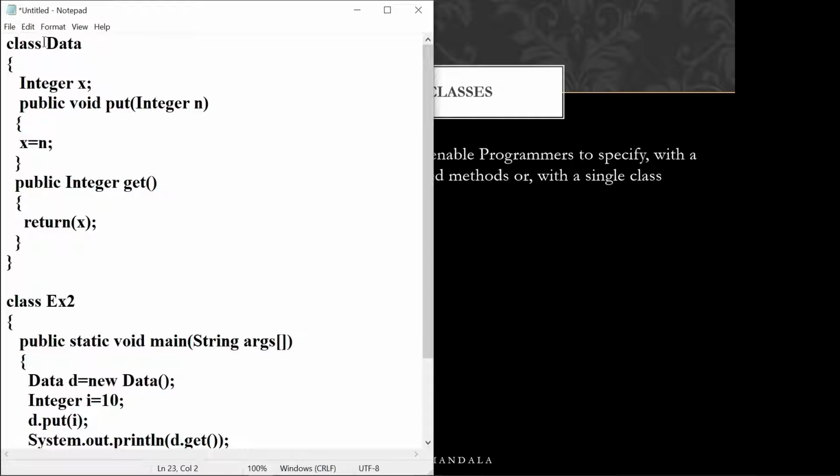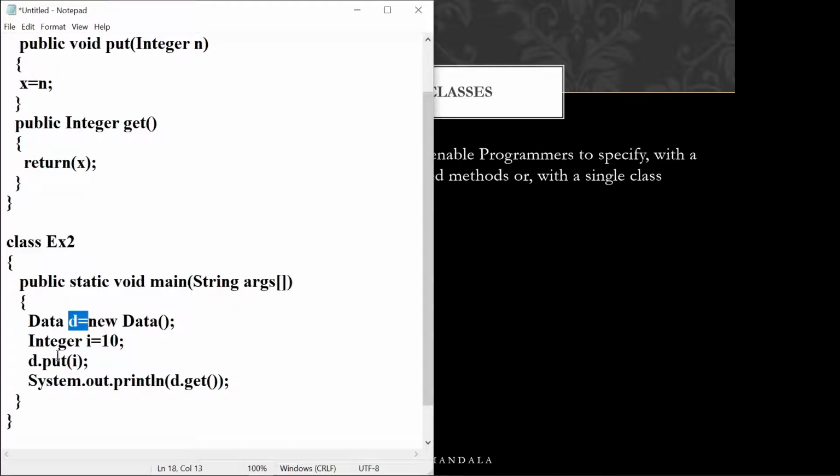I have taken a class called Data, and in this Data class I have taken an instance variable x, and then I have taken two methods called put method and get method. This put method will take one argument, and that argument value will be copied into this instance variable. Then we have a get method which will be returning the value. Now if you want to call this put method or get method, we have a normal procedure of creating an object of that class, and by using that object dot we are going to call this. Very simple. Now this works very well if you are giving an argument of integer.